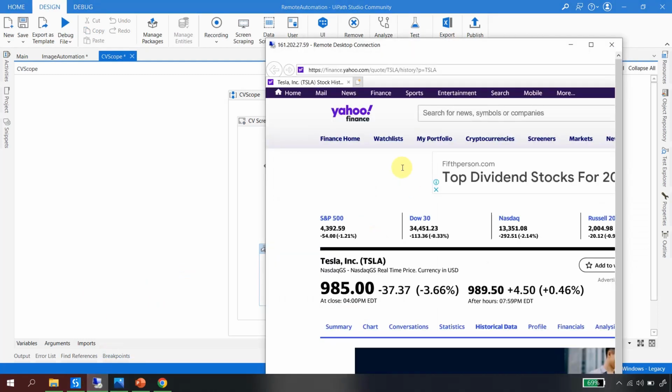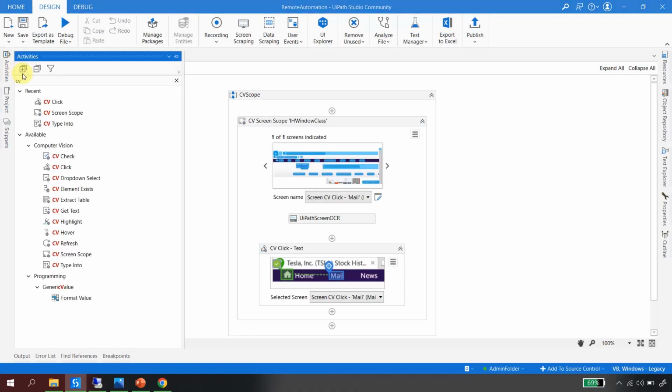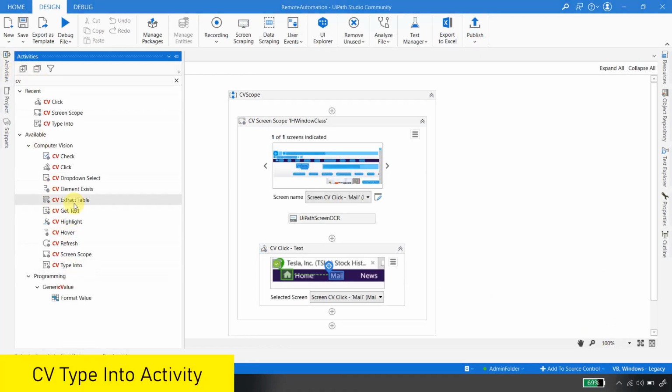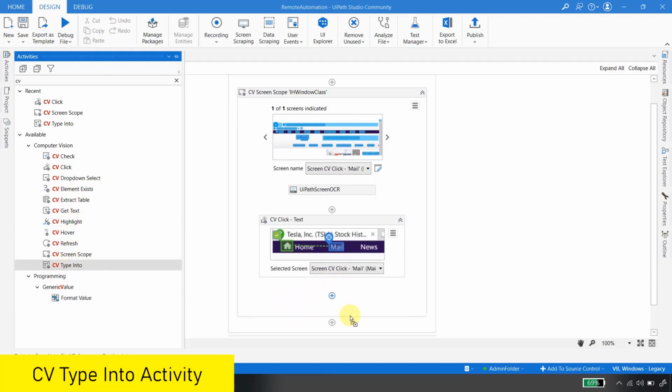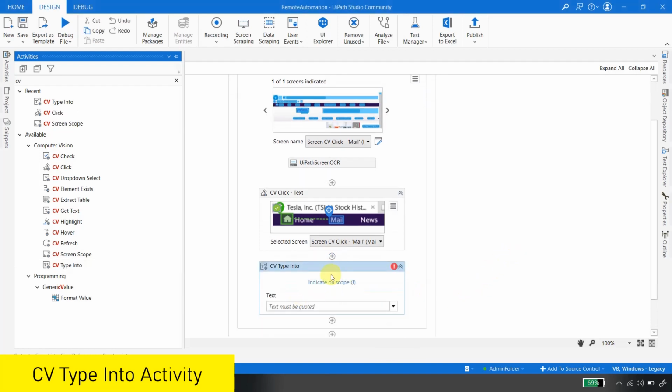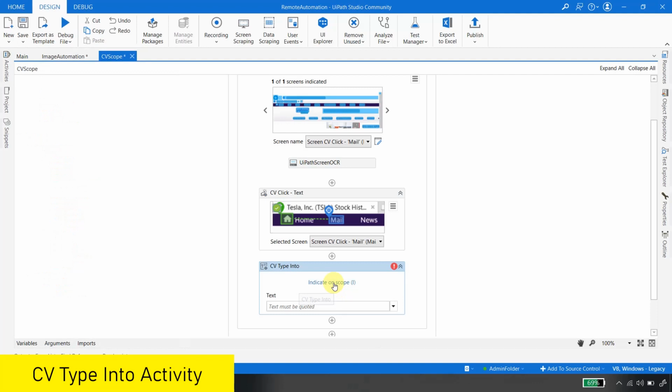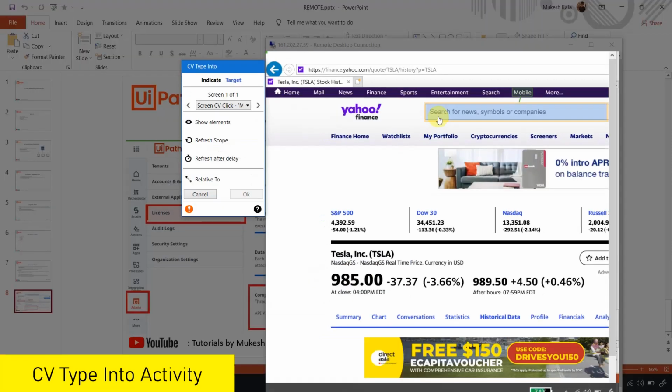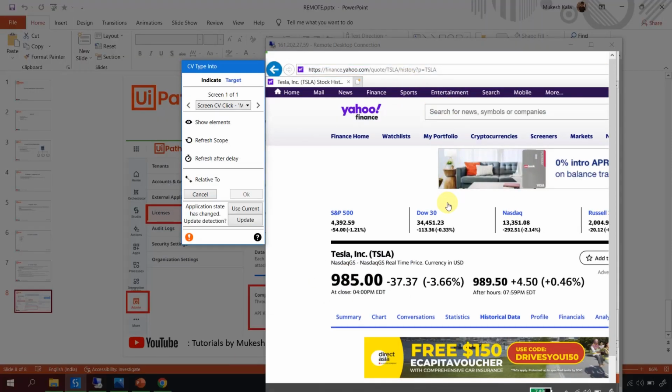Now for example, I want to type something in this text box, right? To type something on the screen, I would have to use something called a type into activity. So let me drag and drop the type into activity here like this. Now if I simply click on indicate on screen, you would notice that it is able to identify all the elements again. That is because it is already inside the CV scope, right? I have to click here,